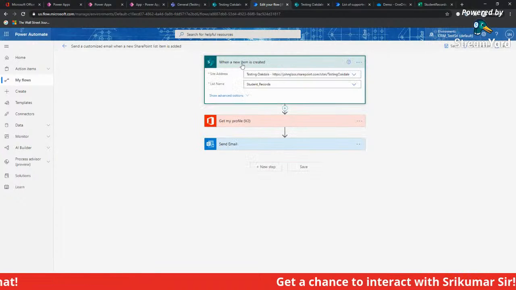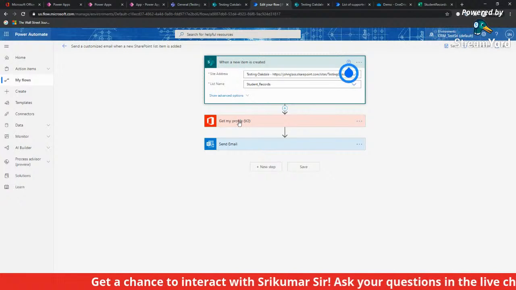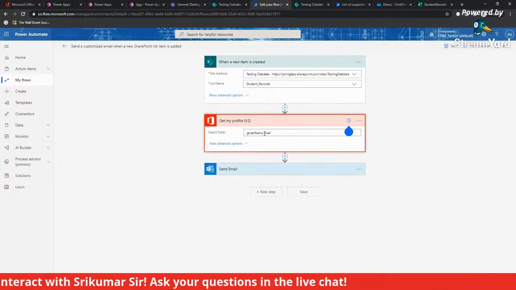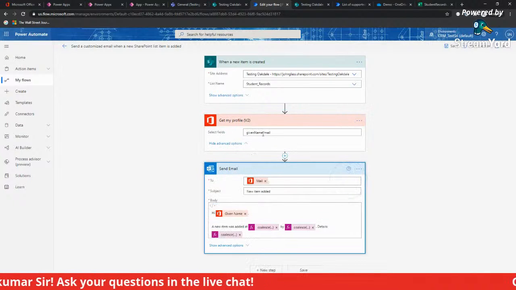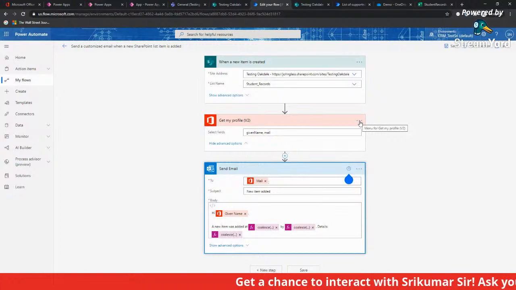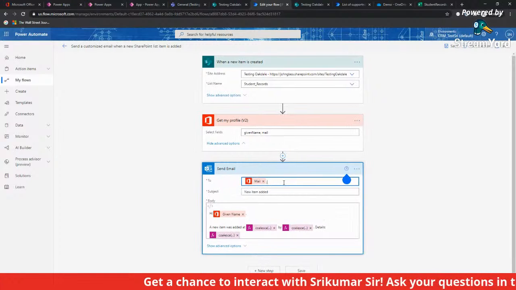For example, it's already built the hook into the SharePoint list so that as soon as a new item is created, it will pick up the automation. It's trying to get my information so that the email can be customized to have my name and stuff like that, which it is doing through a connector to a company directory kind of a thing.